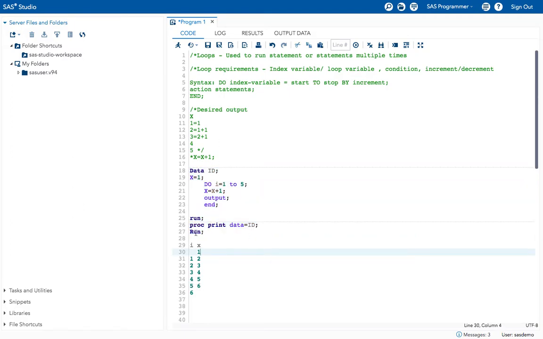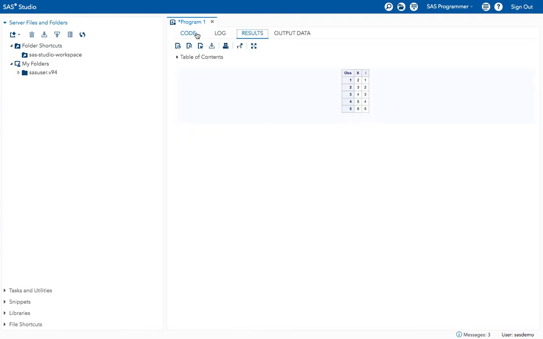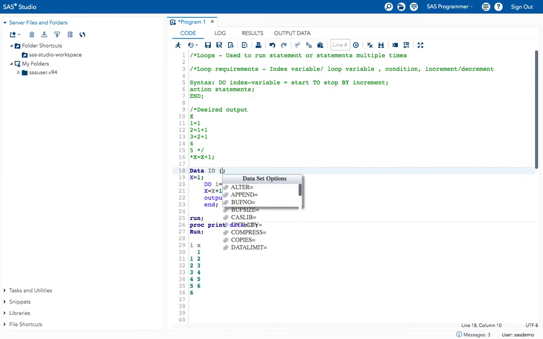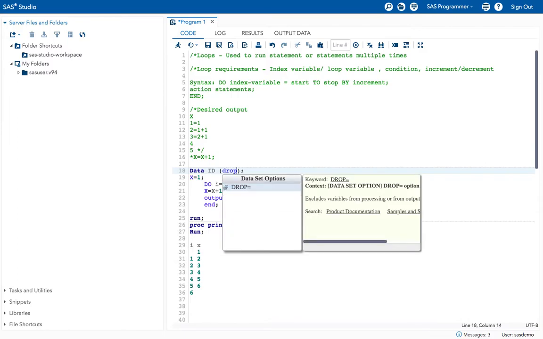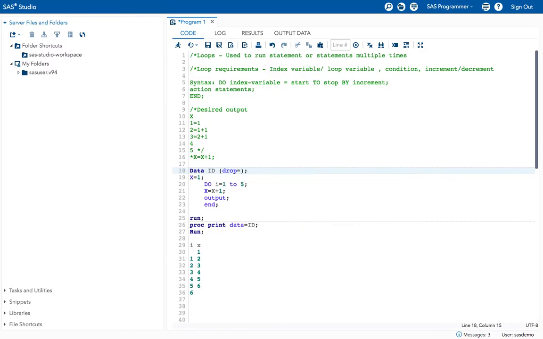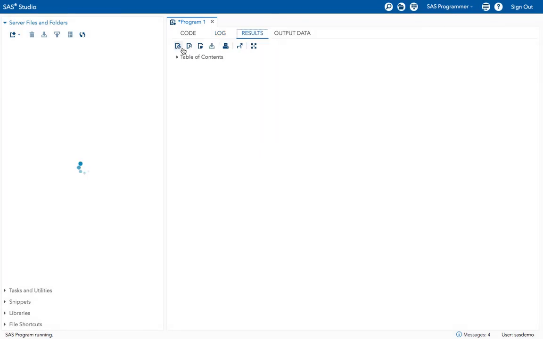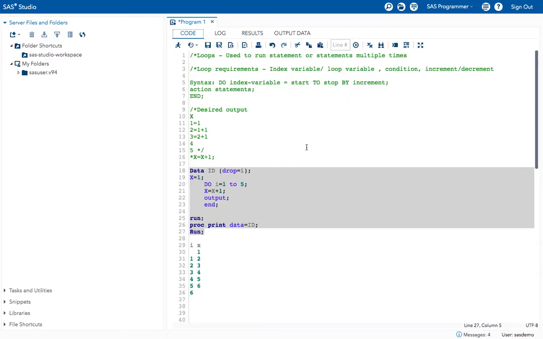Okay, if you don't want the iteration numbers to be specified in your result, you can drop the i values. You can mention that in the parentheses in the data step here as drop equal to i. Now execute the program. You will get only the x values. That's the result we wanted, right? See, we got the x values in the result. Like this we can loop the program.